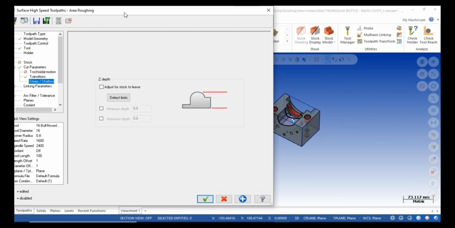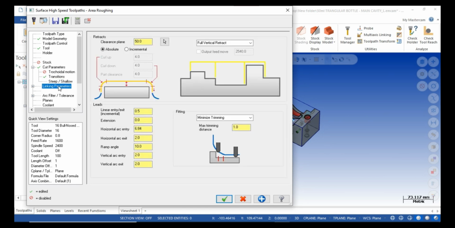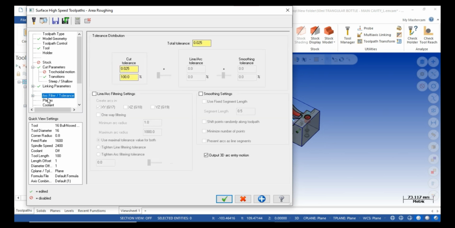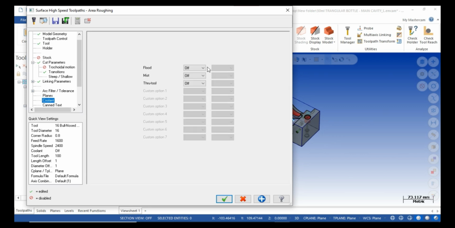Once you understand how to make a tool path, then you can study these automatically. Everything is okay. We must check that the plane is the same in all three places. Coolant I can turn on here, apply.